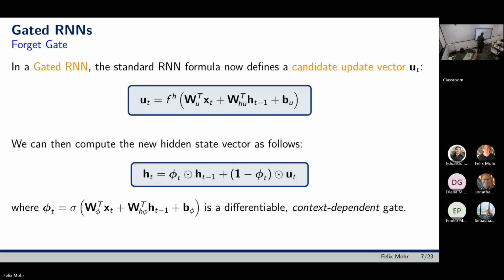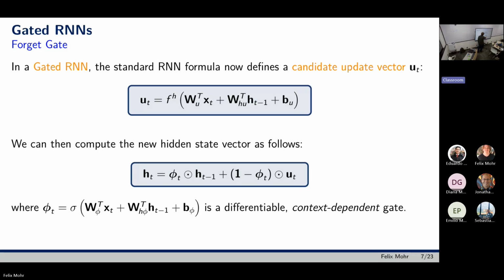So phi, this is the G, okay? Here we only have values between 0 and 1. And why? Because we apply a logistic function to something. Let's discuss this in a bit. But here we have a vector only with values between 0 and 1. And here we have the counter values, so to say. Okay, so you say that my new value is the old value multiplied with phi